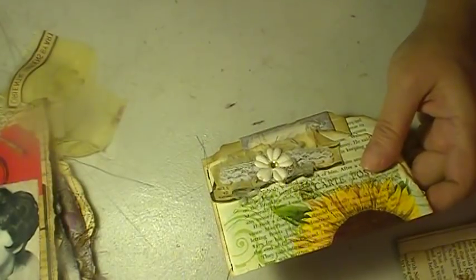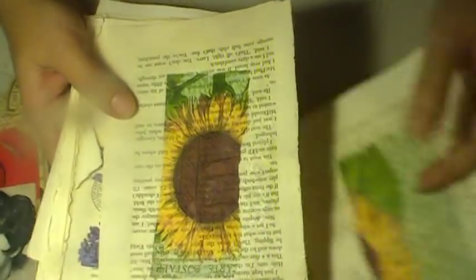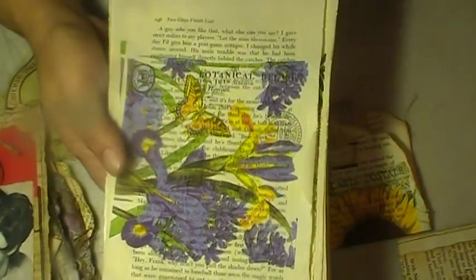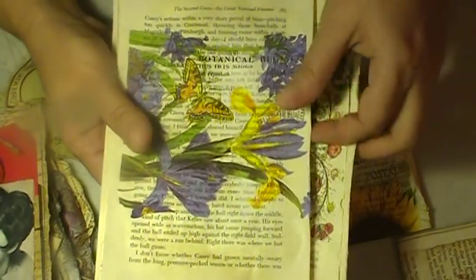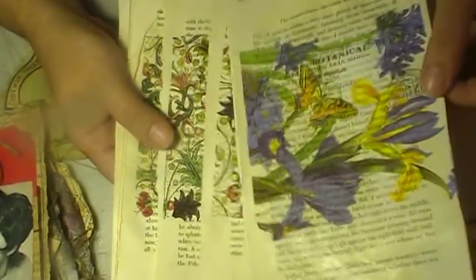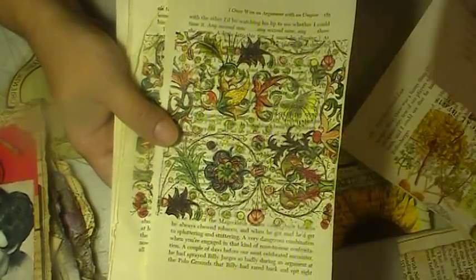And the last one that I have is this one. And this, I did a bunch of pages in collage just on the center. Pieces of napkins. This one was cut in half. And some of them I put the whole napkin. And I used my puzzle glue. I didn't distress them or anything. I just went ahead and inserted the